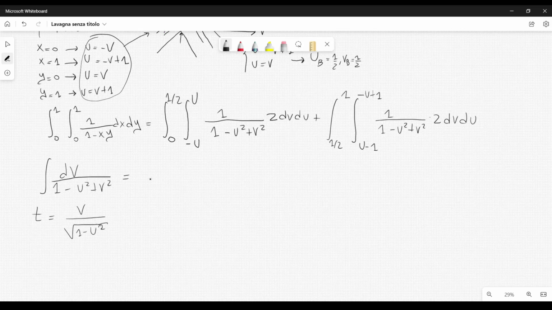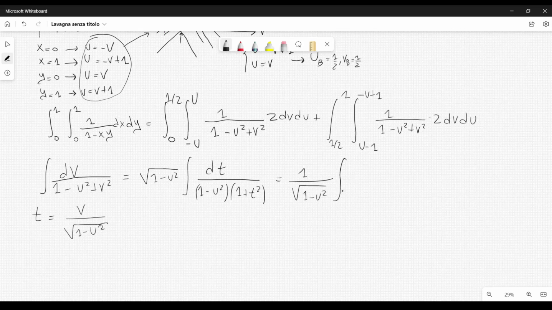If you make this substitution, you get the square root of 1 minus u squared times the integral of dt divided by 1 minus u squared times 1 plus t squared, and this is equal to 1 over the square root of 1 minus u squared times the integral of dt